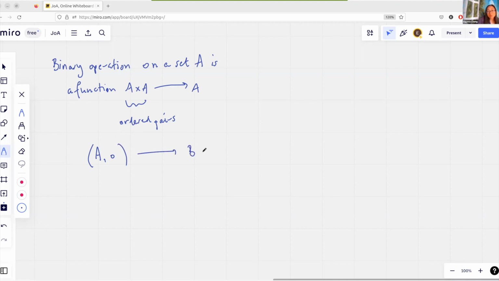B with binary operation star. And then the definition of monoid morphism would be the same, but just with a different symbol. And so then the definition of monoid morphism would be that f of x circle y would have to equal f of x star f of y. So I hope that clears that up a little bit.